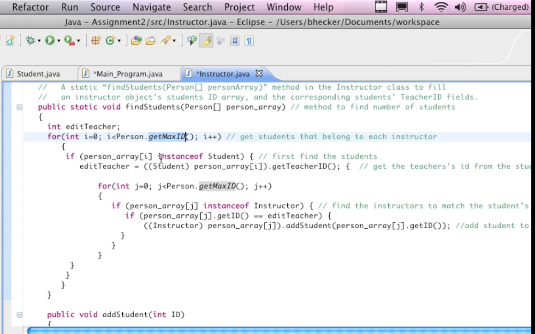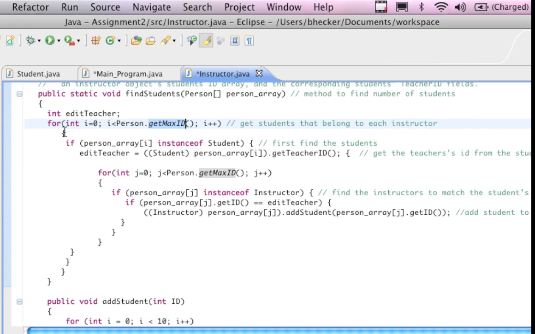Actually, we can't delete students. I didn't do that to you. There's a variation of this that has you delete things, but it's actually kind of trivial, and it's not really that bad. Okay, so for every one of the people in the person's array up to the maximum number of people that we've created, if the person is an instance of student, find the students, okay,